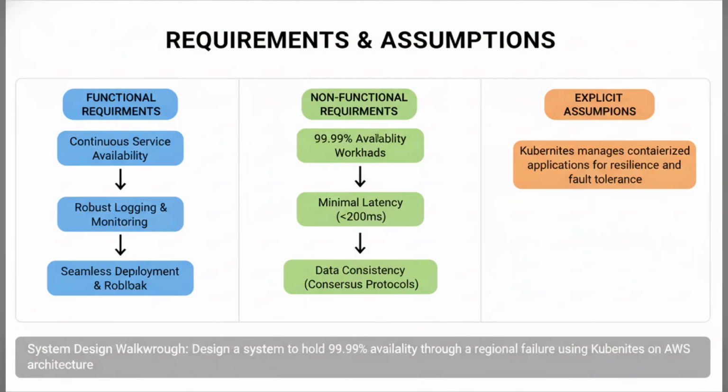It is assumed that Kubernetes can manage containerized applications to ensure resilience and fault tolerance. The design presumes AWS infrastructure will be reliably available, and that necessary regions support the services we plan to use. Out of scope are non-cloud environments where IaaS capabilities may not apply, and third-party dependencies that could introduce single points of failure. Thank you for the opportunity to present these requirements and assumptions.